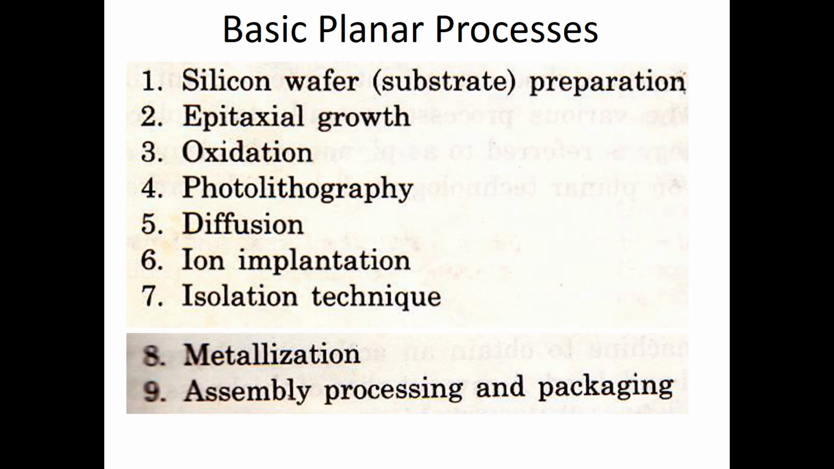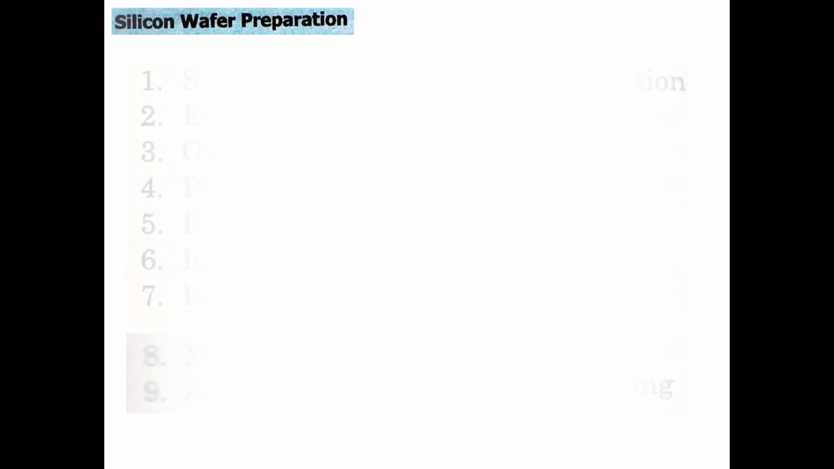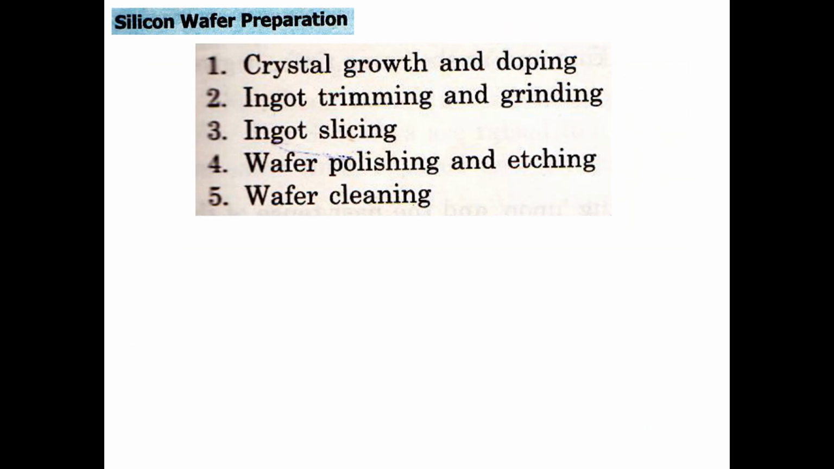Basic planar processes. Here we have silicon wafer preparation, epitaxial growth, oxidation, photolithography, diffusion, ion implantation, isolation technique, metallization, assembly, processing and packaging. Silicon wafer preparation. Here we have 5 different processes: crystal growth and doping, ingot trimming and grinding, ingot slicing, wafer polishing and etching,